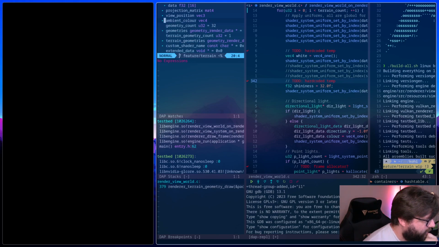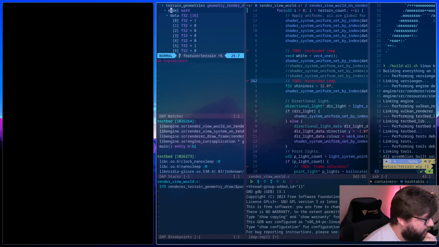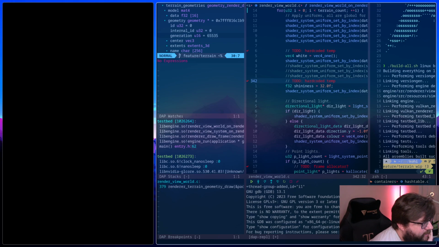Geometry count. Terrain geometry count, we have 1 terrain geometry. If we take a look at the first one, its model data should just be an identity matrix, and it is. So that is valid. Oh, its generation is invalid ID.